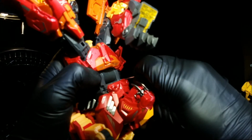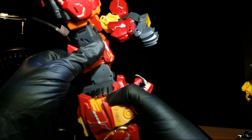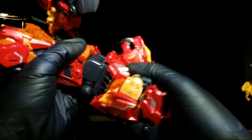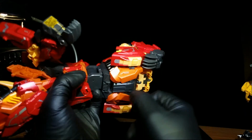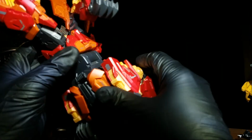But once you pop that joint, you can see the seam now. And this video is actually good enough that you can literally see the seam. And now you can rotate at that joint. It's supposed to go this way. Now let's get back to securing the leg. So